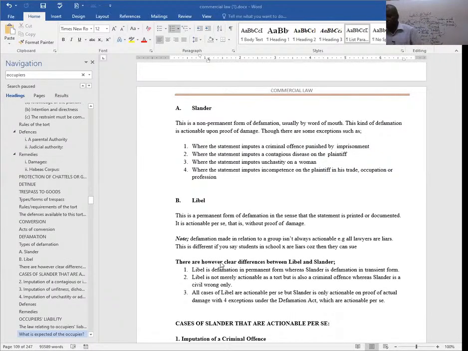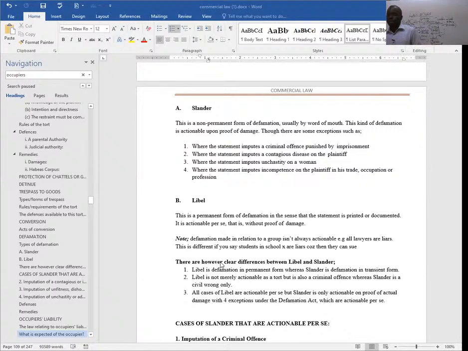So immediately you hear that someone has made a particular announcement in a newspaper which is not factual, then you can sue such a party or such a person for what you are calling defamation under libel. Defamation under libel. That is what we mean by defamation as a tort.